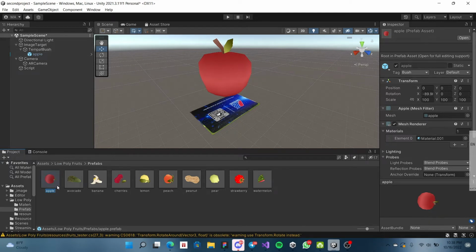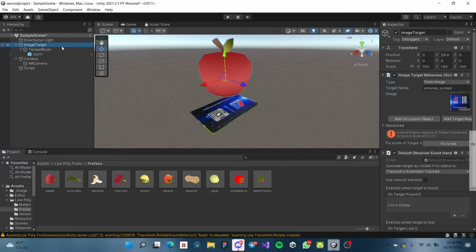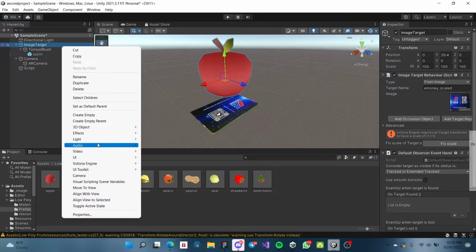After you click this image target, and click right button from your mouse, you can click create empty, because we can create a